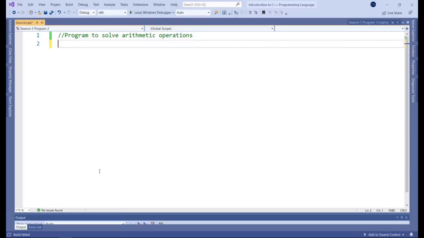Okay, so for our next program, we're going to be asking the user to provide 2 digits as well as an arithmetic operator. And then we'll proceed in performing the calculation based on the operator chosen and displaying the result. And we're going to be using a switch case statement that we've covered before. So let's get into it.